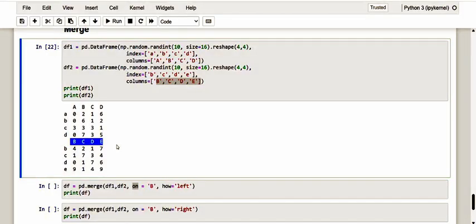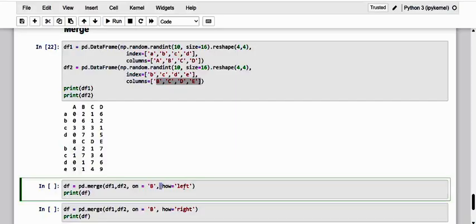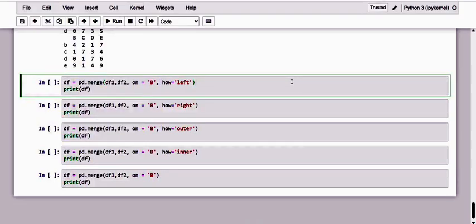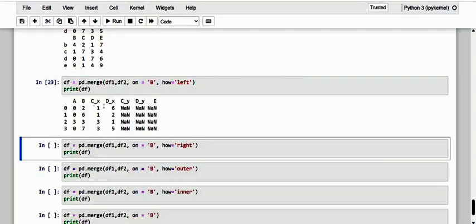Okay, so let me have this merging. First of all, we go with the left join. Here, let's first apply the joining between the data frames, and we pass how equal to left. Once I execute, I will discuss the result. So see here what we just did.